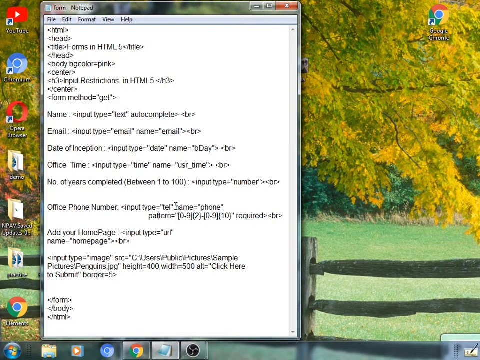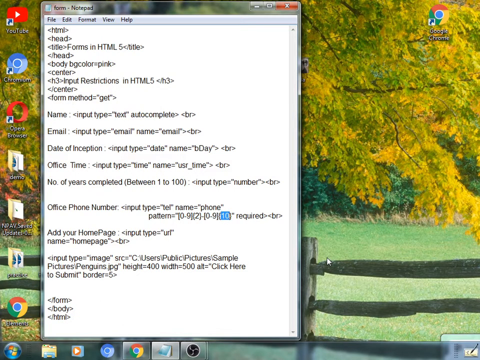So, a pattern attribute is applied here like this: pattern equal to 0 to 9, 0 to 9, 0 to 9, and the maximum digits will be 10.